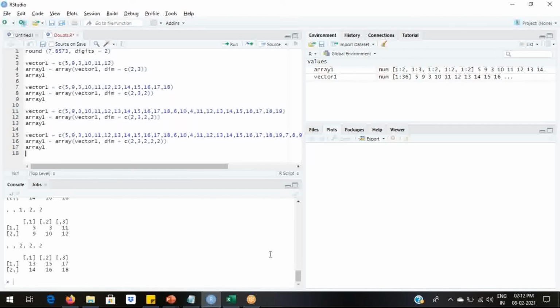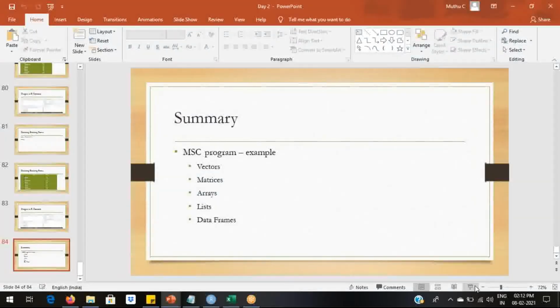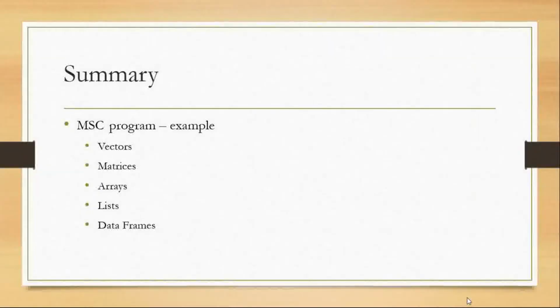Now let us move on to the summary of what we discussed on day 2. On day 2 we discussed data structures in R. As usual, we will summarize with the help of an example.